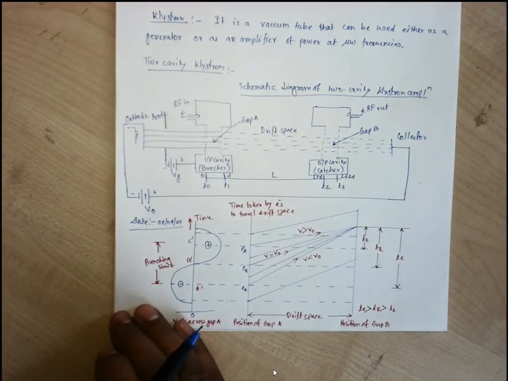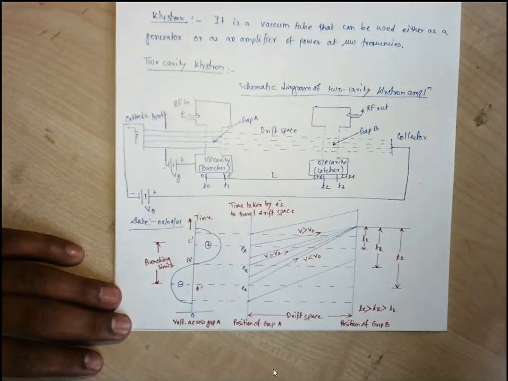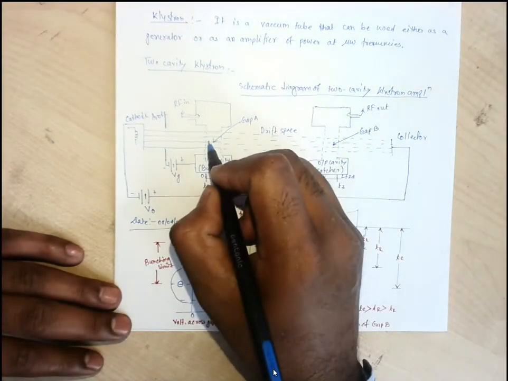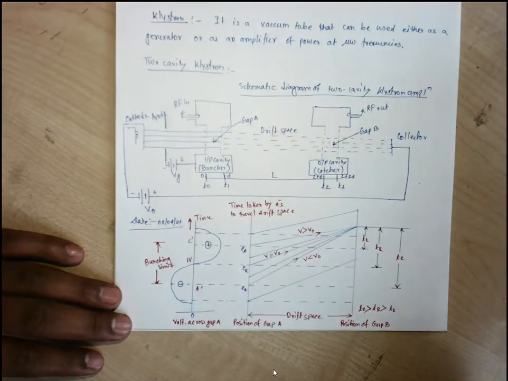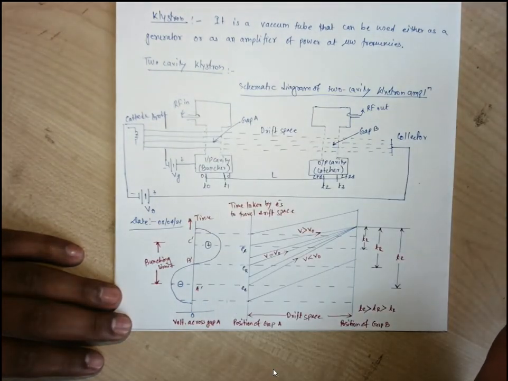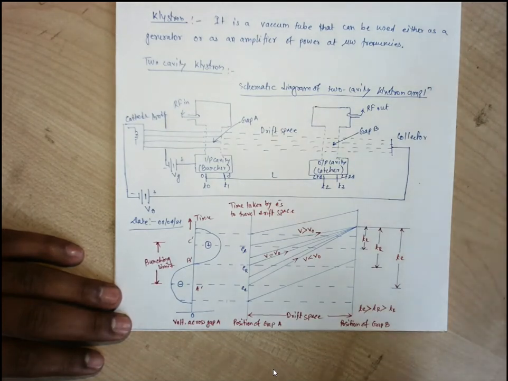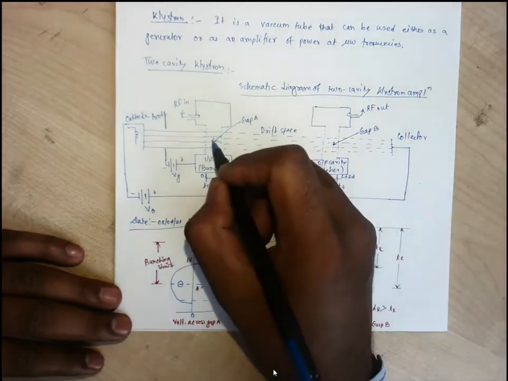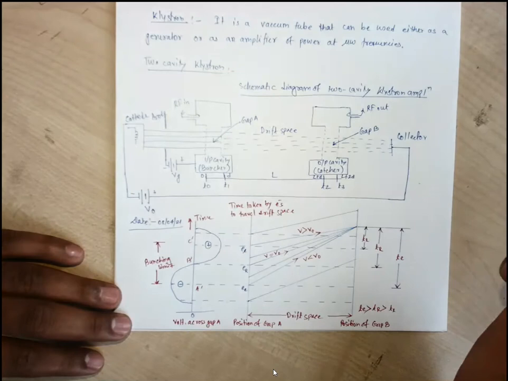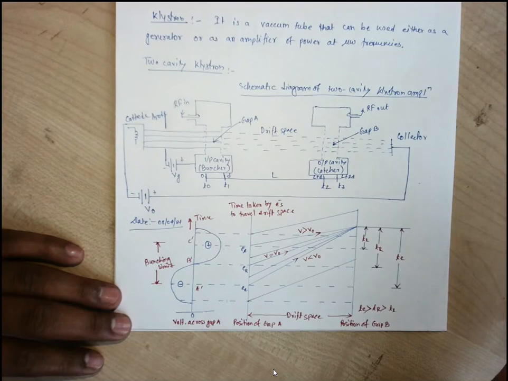When they have been appearing after the reference electrons on this electron beam, it means the reference electron has already passed out from that gap. The electrons appearing at this gap after that face the positive potential of the RF input, so as a consequence they will get accelerated. They are late in the sense that they come after the reference electrons, but they find the positive potential of the RF input. So they will get accelerated, and their velocity will be quite higher than the reference velocity, that is V naught.